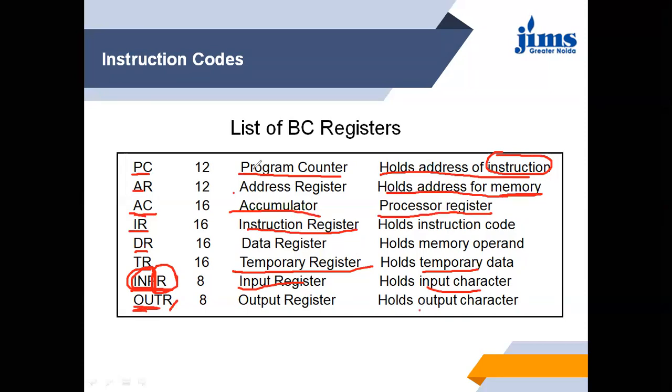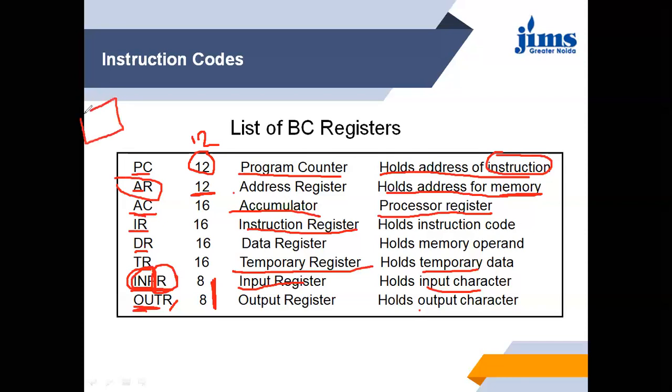The size of the program counter is 12 bits, meaning at a time the program counter can hold 12 bits. The size of the input and output registers is 8 bits.